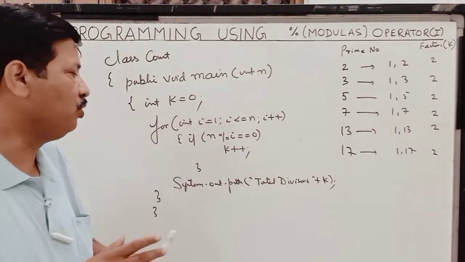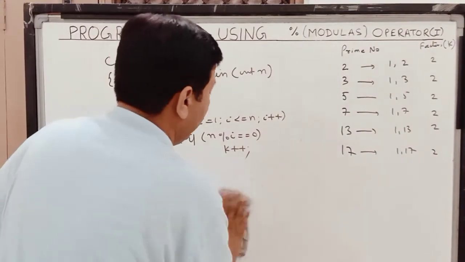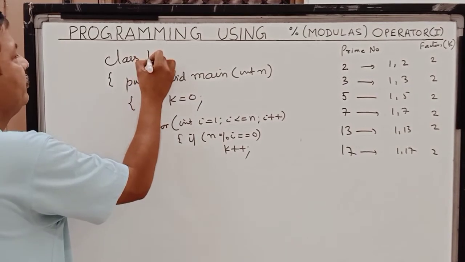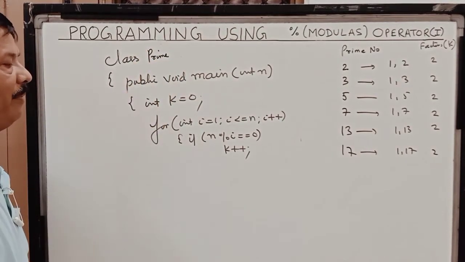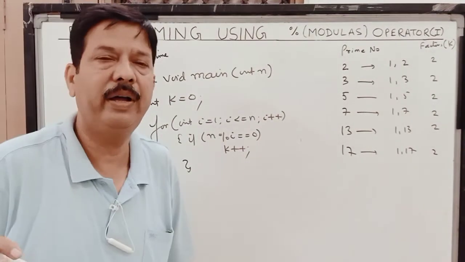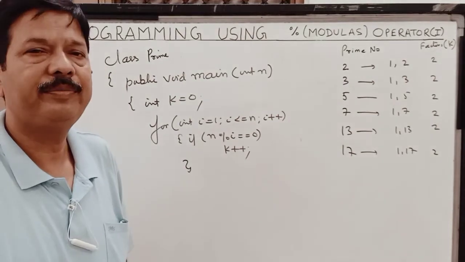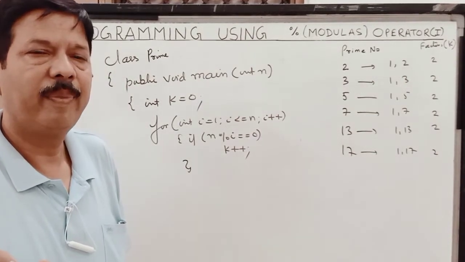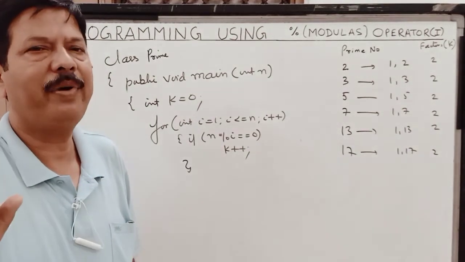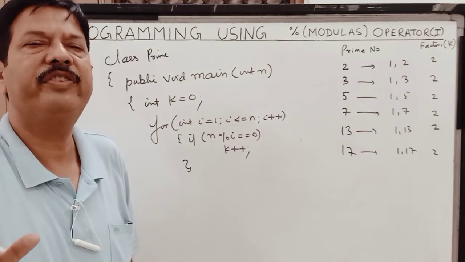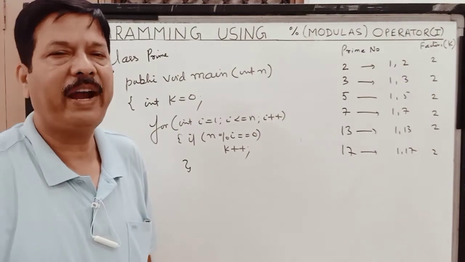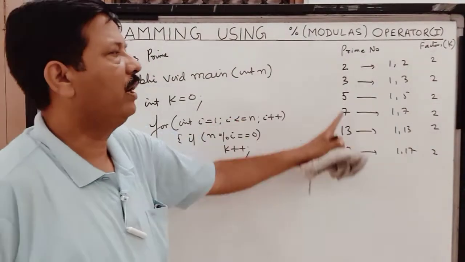So I hope children now you can find out this program. You can do this program by this program only. Here we say class prime. So please write the program. The program is: write a program to input an integer number and check whether it is prime or not. And the definition of prime is that a prime number is a number which is divisible by 1 and by itself. So a prime number has two factors. That is what we have come to the conclusion over here.